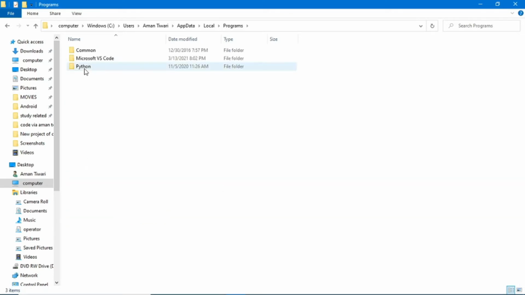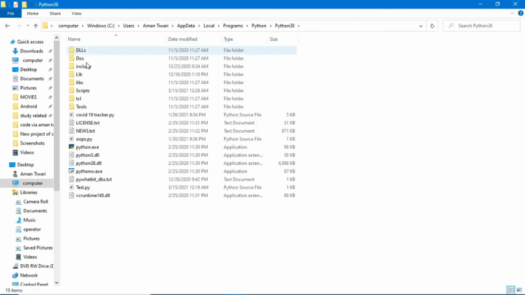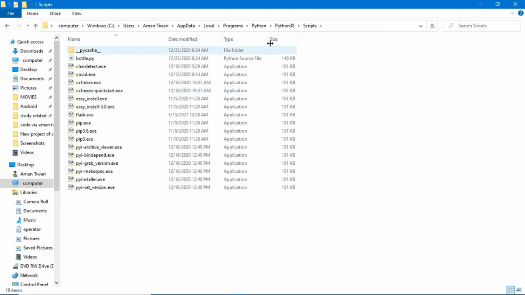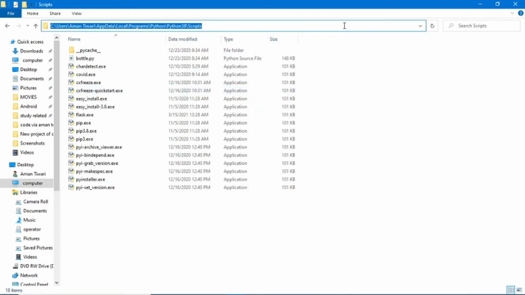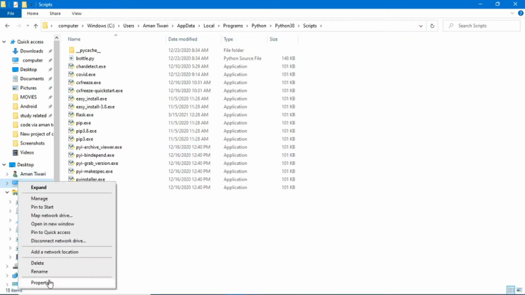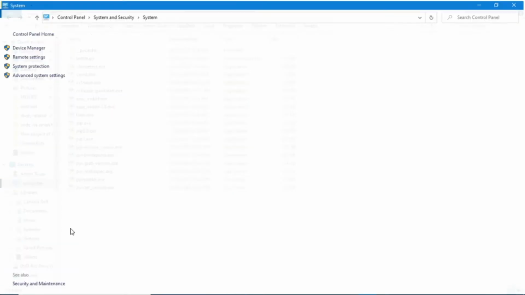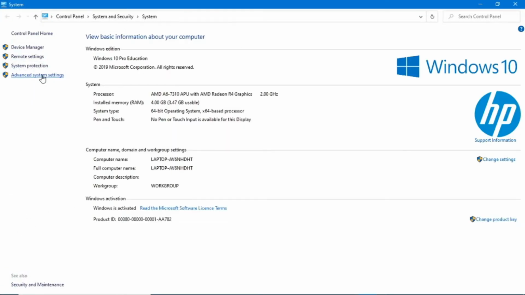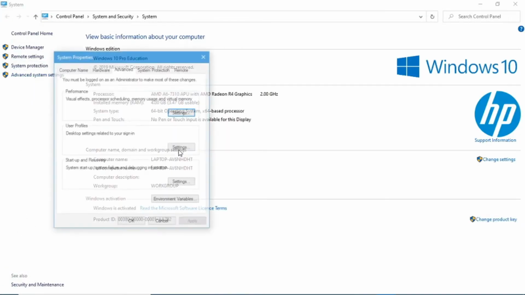Then go to Python, then go to Python 38 and go to Scripts, and after that copy this path. Then go to Properties and then go to Advanced system settings.